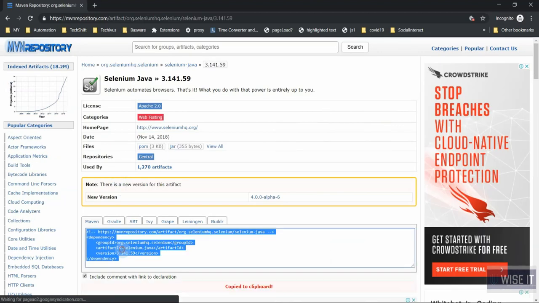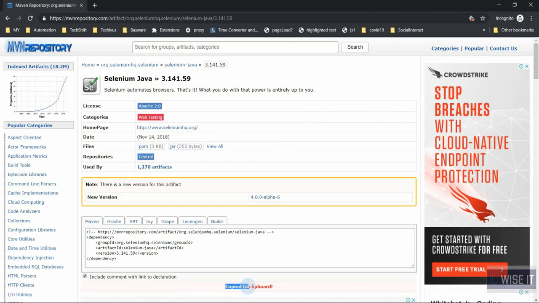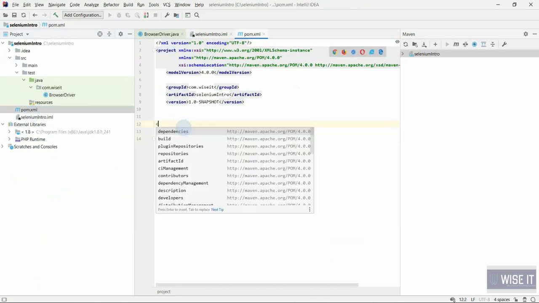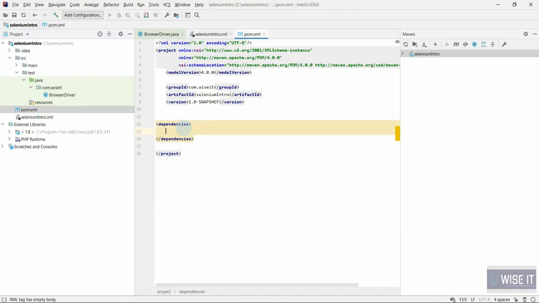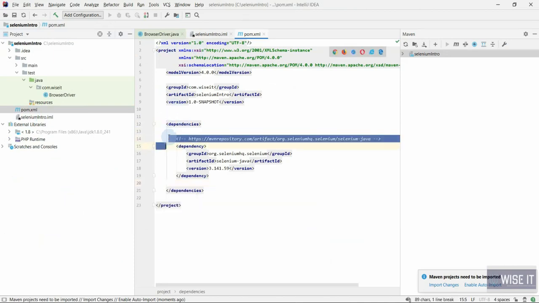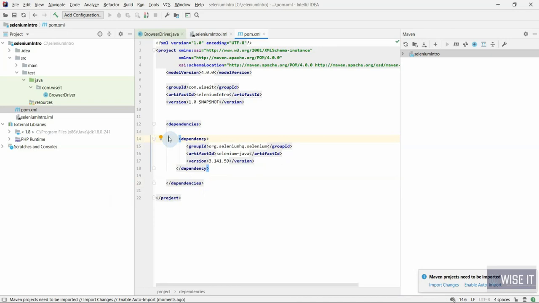तो we can see कि हमें यहाँ पे एक XML दिख रही है, तो just copy this XML, click on this, it will be automatically copied and go to your project. So we need to go to pom.xml. हम यहाँ एक टैग बनाएंगे dependencies and under this tag we'll paste whatever we copied and press Alt Control L. It will reformat the code and align it correctly.